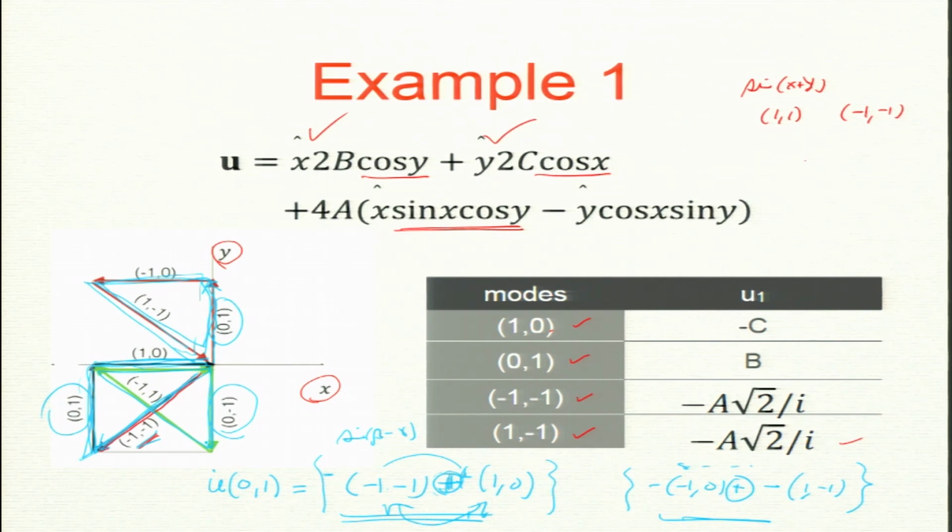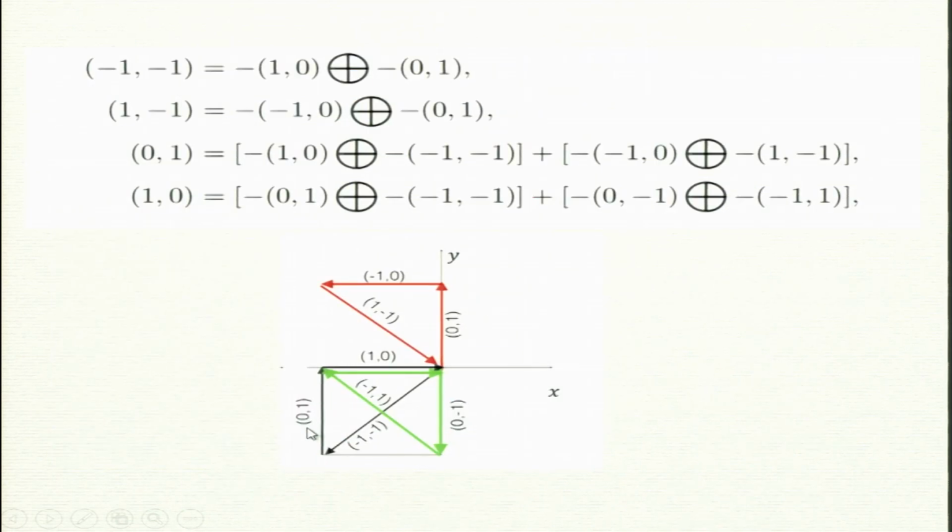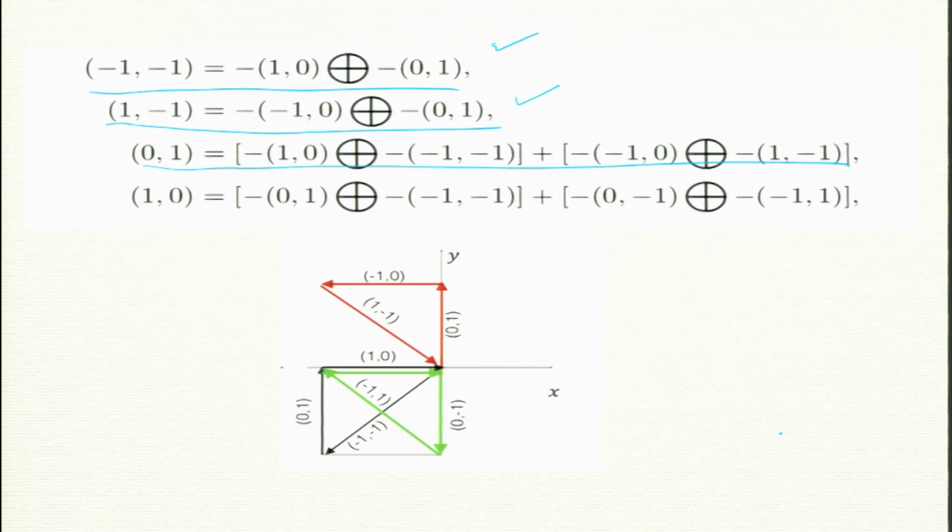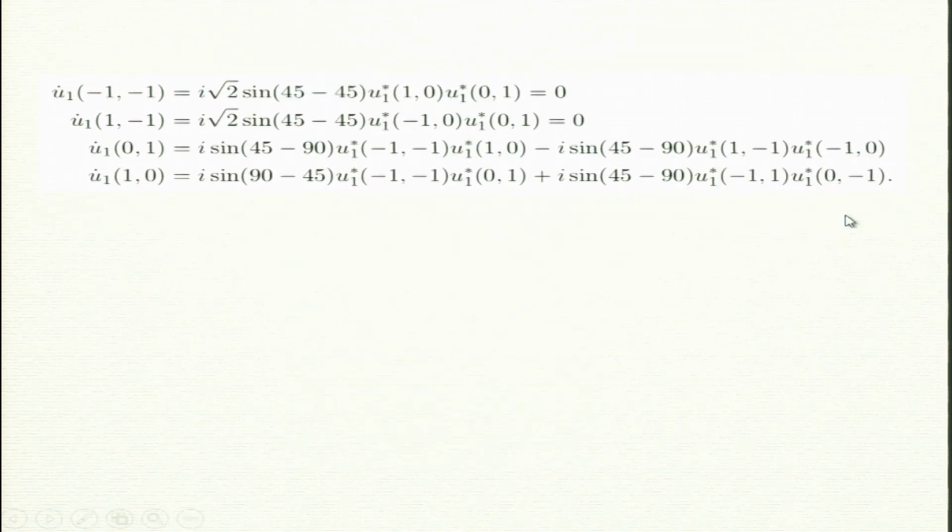Okay, let us quickly go through this stuff. For minus 1 minus 1, there is only one possibility. For 1 minus 1, in fact there is only one possibility, but 0 1 has two possibilities. I just showed you that 1 0 and 0 1 have two possibilities. Now when I write down u1 dot of these vectors, I will get these. This was like last class; in fact they are zeros, but u1 dot 0 1 has one sign of this and the other one sign of this.